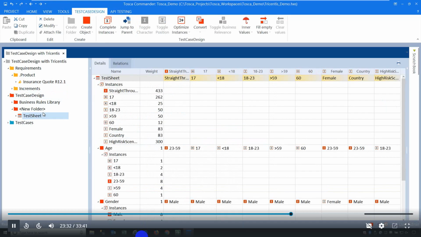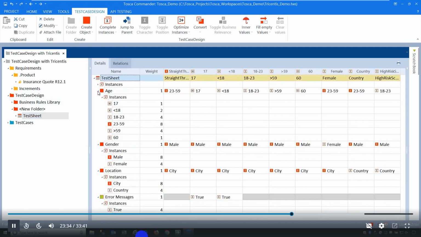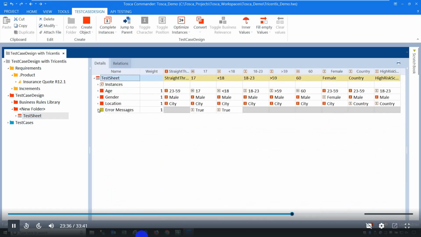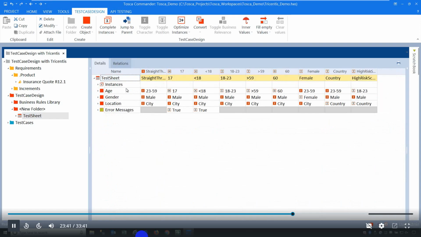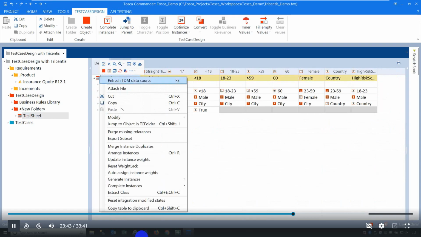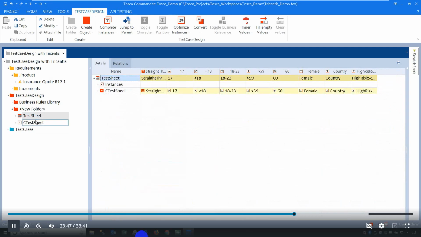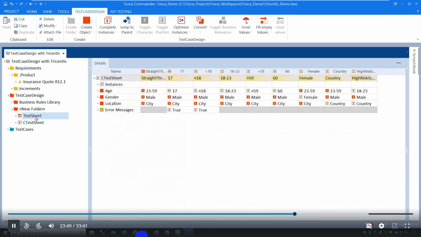The great thing now with Tosca is once the business users are finished, what they can do is they can say, okay, these are my business rules. I want the tester to now create these. I'm going to drop these. We don't need this column anymore. I can actually tell Tosca right click and convert this into a class. Okay. If I do that, what you'll see now is it's created a class, and I can actually delete this